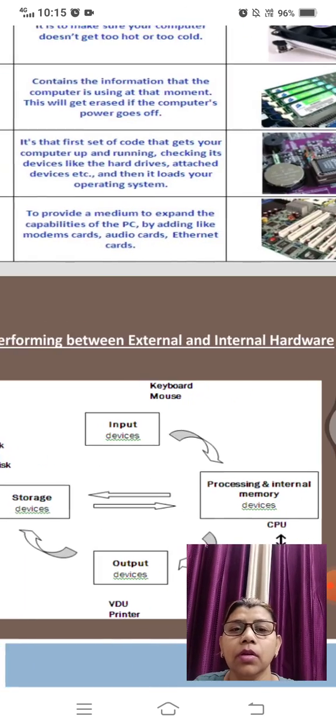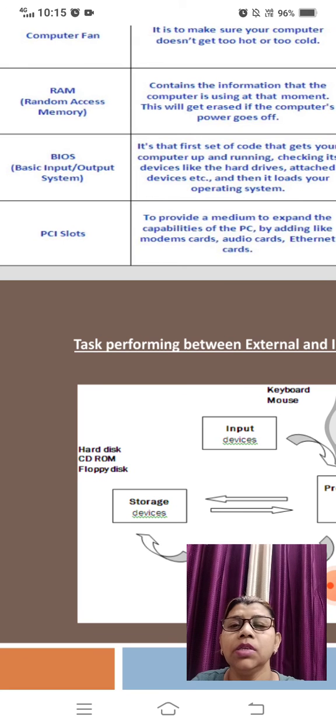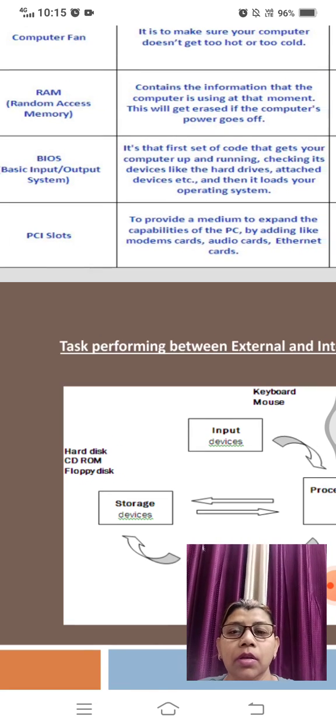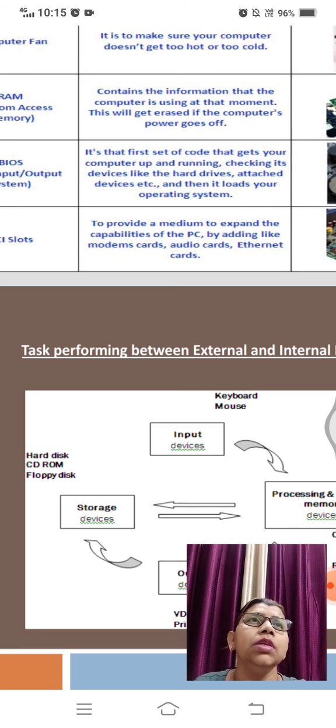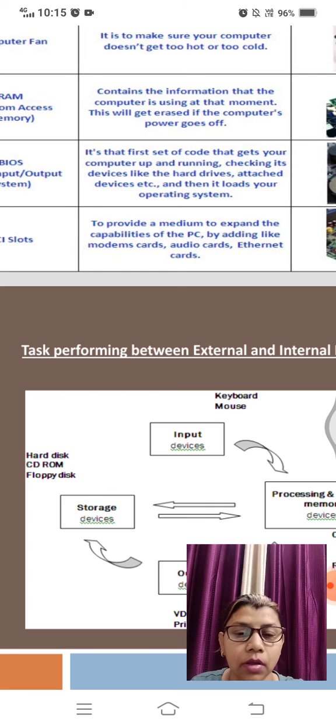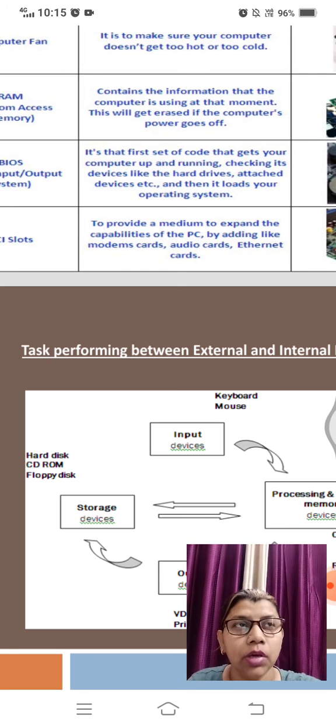Now next is PC slots. PC slots provide a medium to expand the capabilities of the PC by adding, for example, a modem card, audio card, or Ethernet card. Yes, PC slots are just like switchboard ports. They are used to insert the memory card, the audio card, the Ethernet card, the modem card,